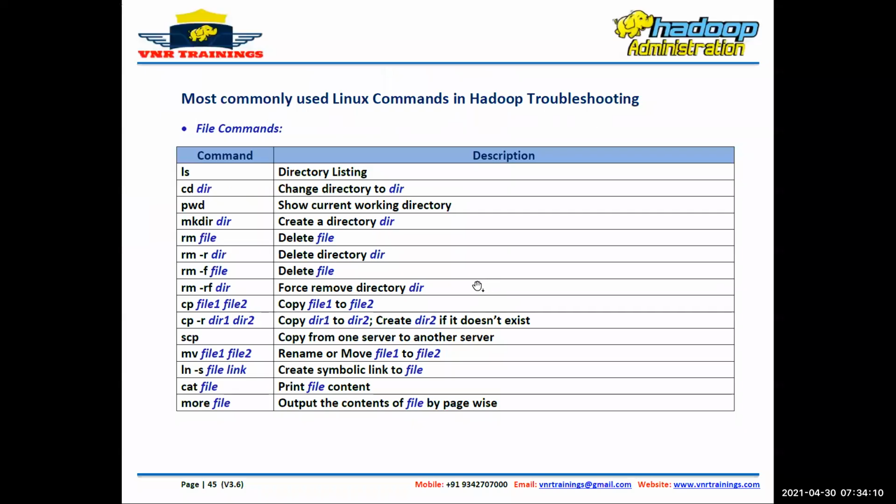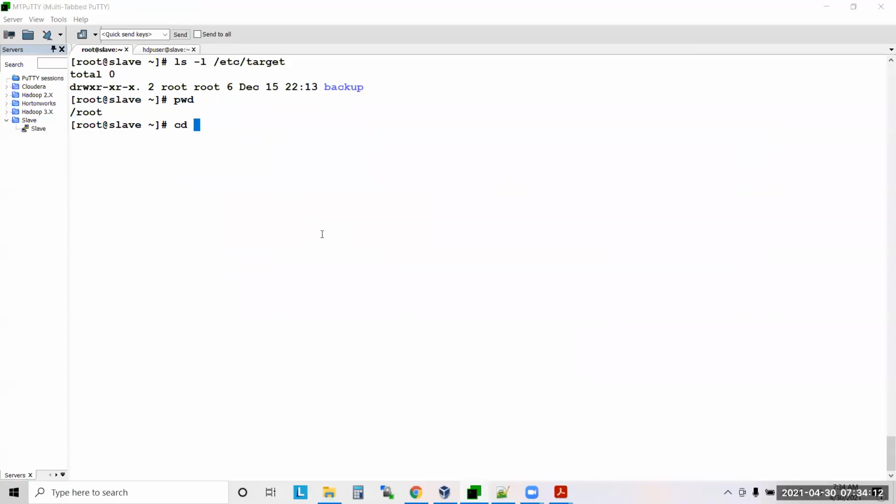Now if I want to go to the etc directory, cd / what is the path of etc? /etc. Now, what is your present working directory? PWD. If you say pwd and press enter, it will show you the present working directory, in which directory you are now. Etc directory. Now if I say ls -l without a path, then what content will it show? It will show the etc directory.